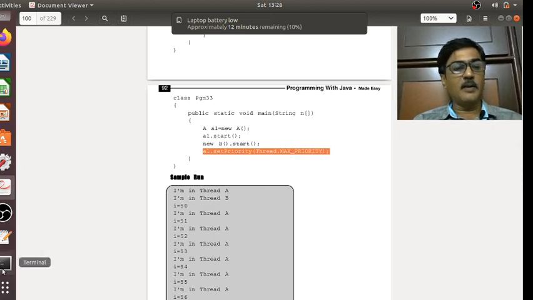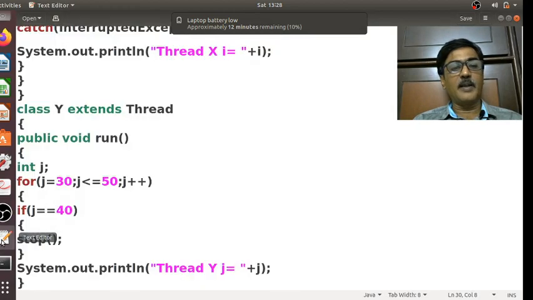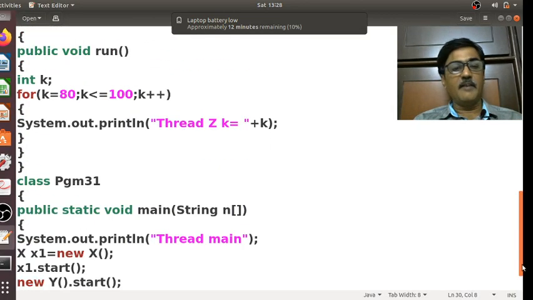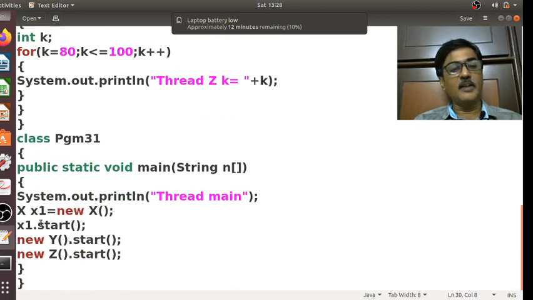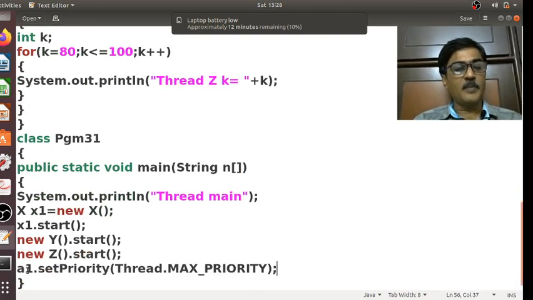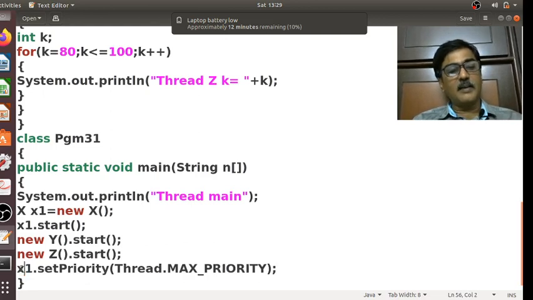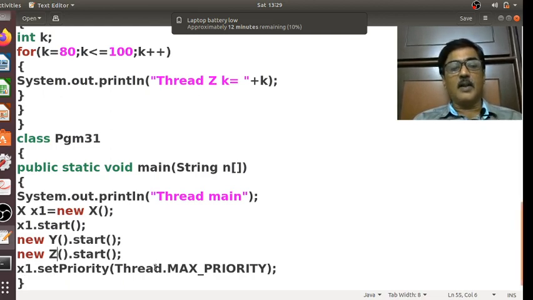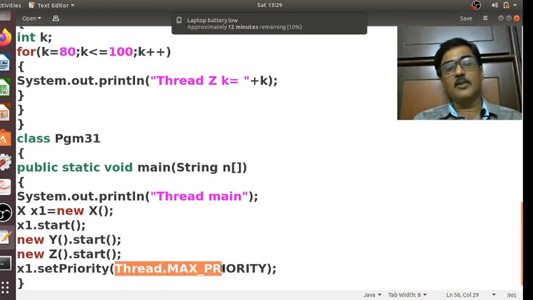So what I will do now, I will come back to my program. Here there are three threads X, Y and Z. I would give more priority to thread X, so the chances of thread X entering the running state are more compared to the threads Y and Z. So I am setting the priority of thread X to maximum priority.